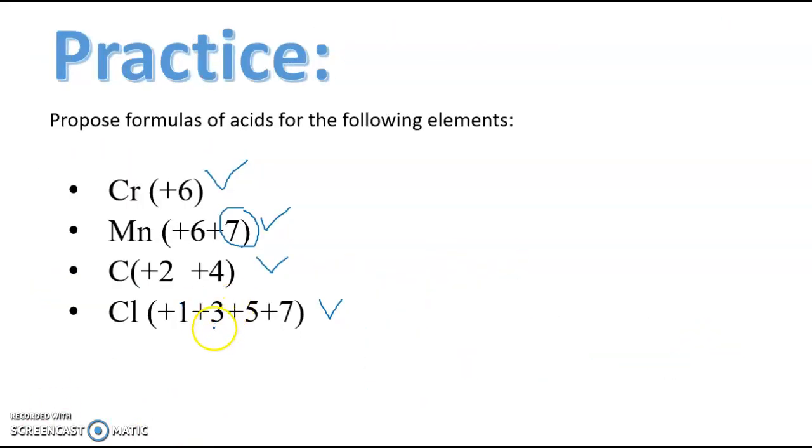I don't remember, 3, I think. Okay, so choose one of